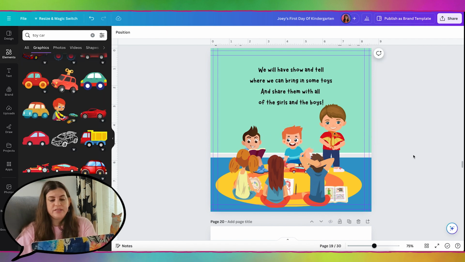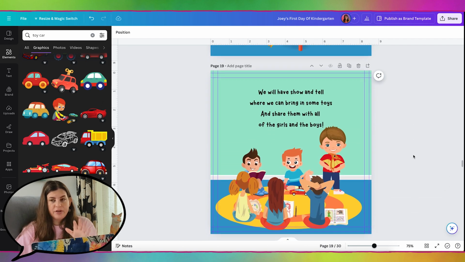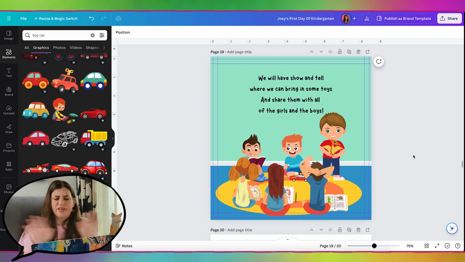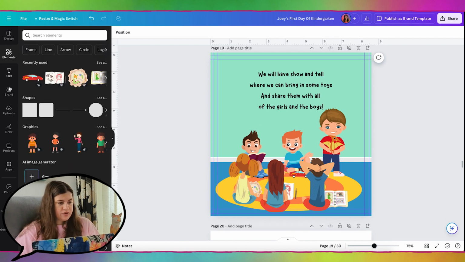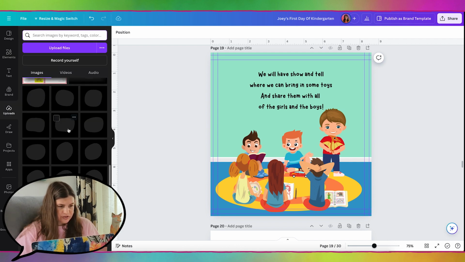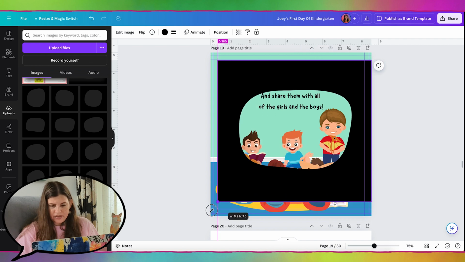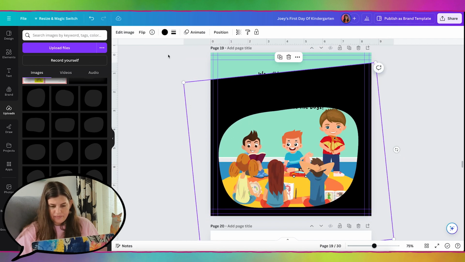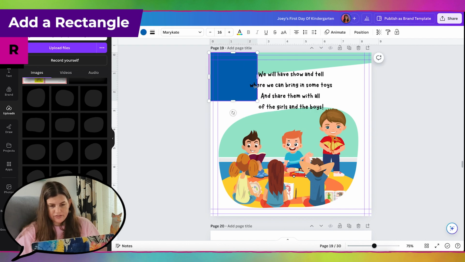We want to put this into a frame. Since the page on the left is going to be a full page image, I'm going to put this one in a frame so it doesn't look like it's a spread, because that can be kind of confusing. So I'm going to find my frames that I uploaded, and I'll grab one of these, and I'll just make it as big as I need it here. That seems good. And then I'm going to make it white,